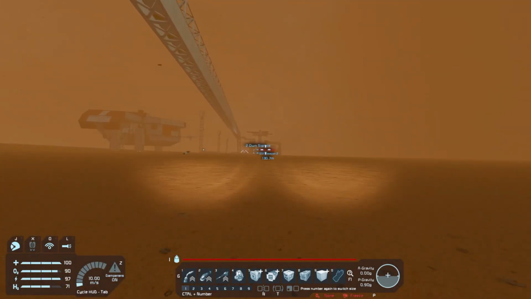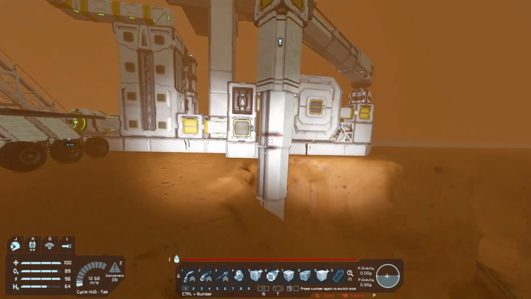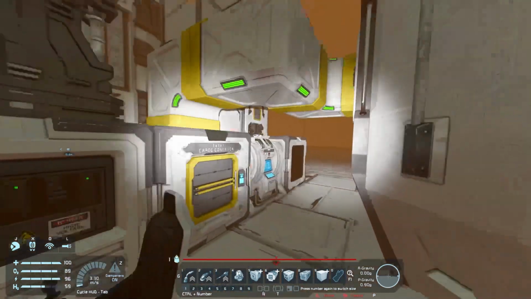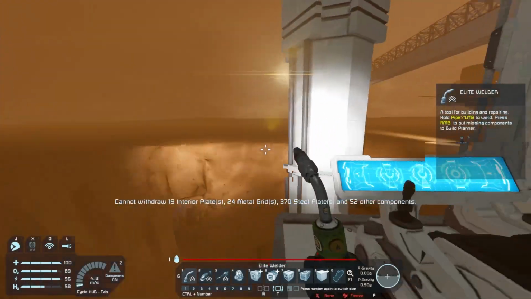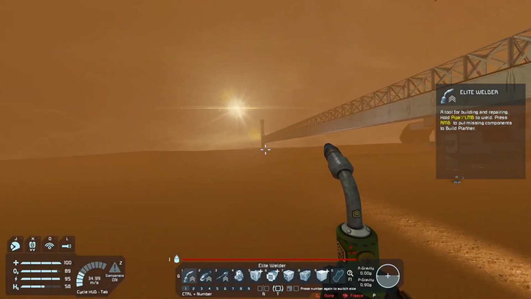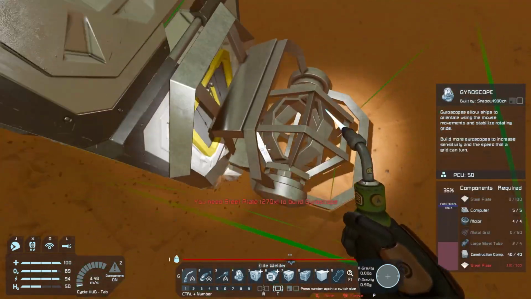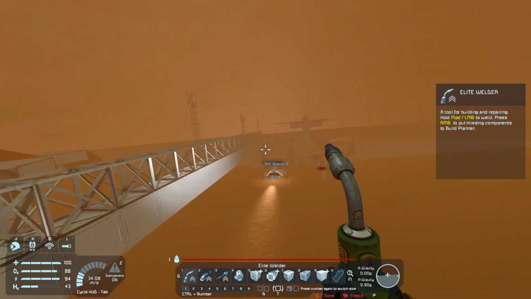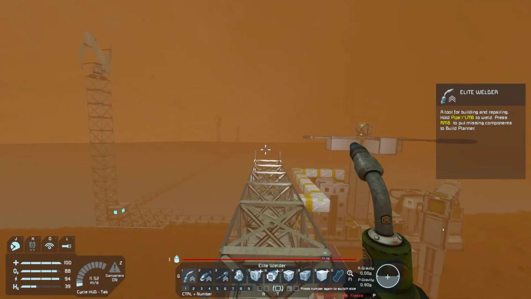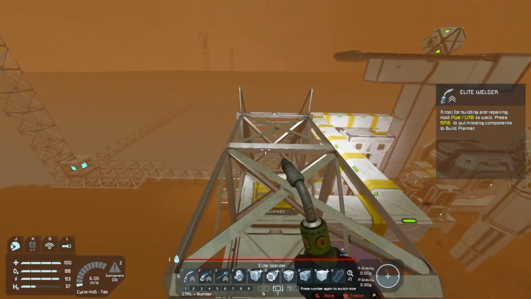So, anyway, what I wanted to do today, there's two big points. One of which is we need to get that gyro all fixed up. That's point one, because this should make it a little bit more stable and whatnot. What do I have in my inventory? What the hell? Oh, a ton of interior plates. And the other thing